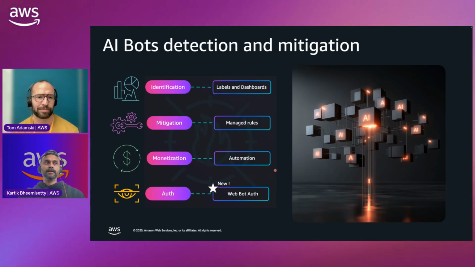Okay. So we have labels added for it as well, so it will be able to detect and then allow that particular traffic. But if I'm a bot owner that wants to be added to the list, I would have to somehow find a way to. I still don't know how it's going to work. We still haven't launched that, so probably watch out for our launch page for further details. Got it.